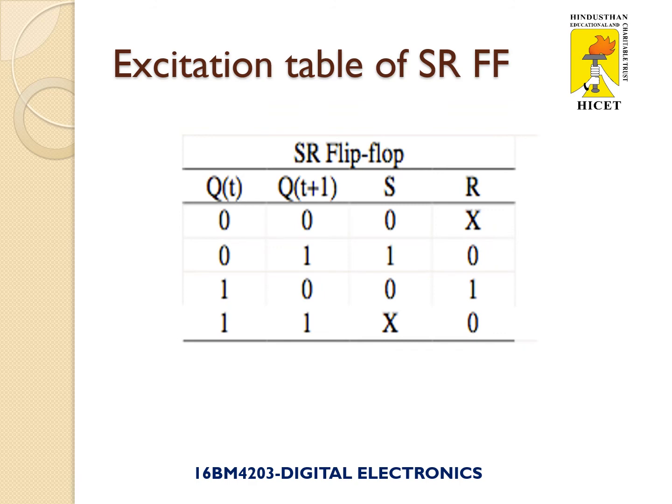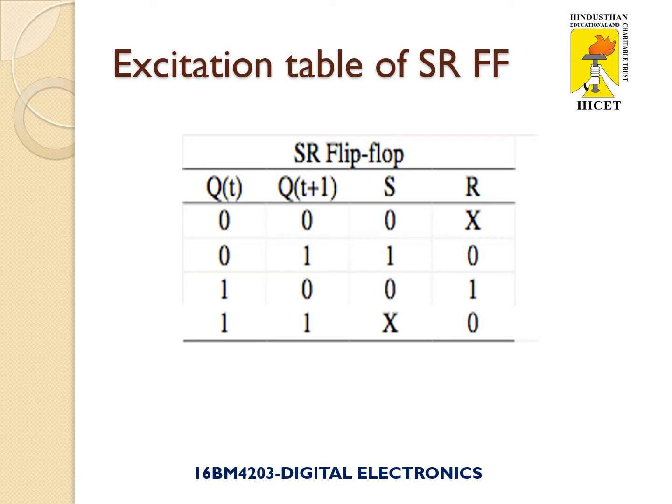Now I am going to explain the excitation table of the SR flip-flop. In the excitation table, the first two columns are present state and next state, then the third and fourth columns are the flip-flop inputs. So for the first two columns, present state and next state 0, 0, you have to analyze the 0, 0 state of present state and next state in the previous expanded table. If you analyze the 0 state of present state and next state, we have two states. In these two states, if you analyze the S value, both are the same, but the R value is different. One case 0, another case 1. So it is replaced by don't care condition.